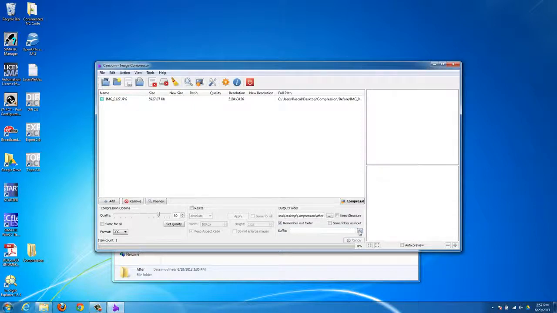And suffix, I think, will add that name to the image, so you could put something like here that says edited or something, so the file name will then be whatever it was and then say edited after it. It's up to you if you want to do it. And same folder as input, we'll put the changed picture into the same folder as the old picture. I would not suggest doing that, so you can keep them separate. So once you've gone through all these options, you can just hit the compress button,